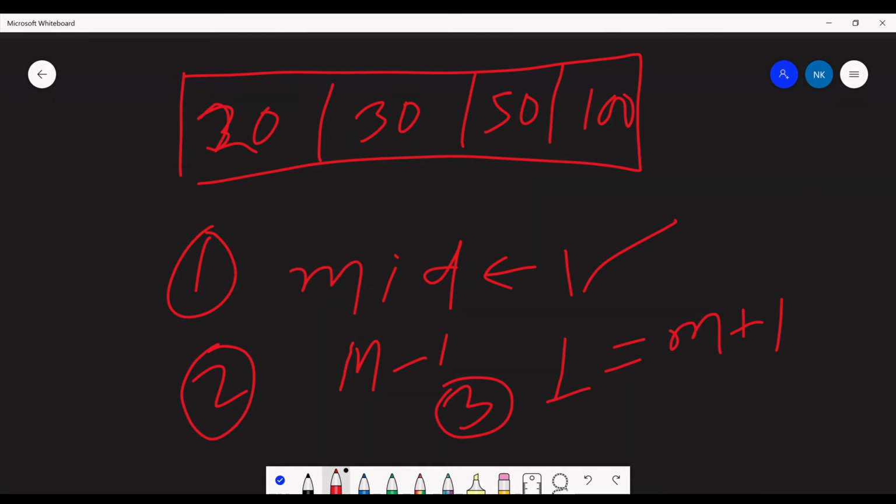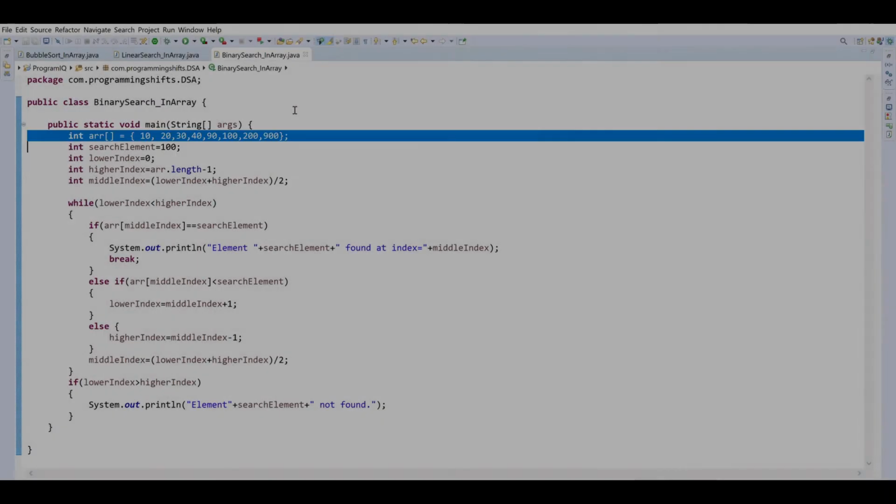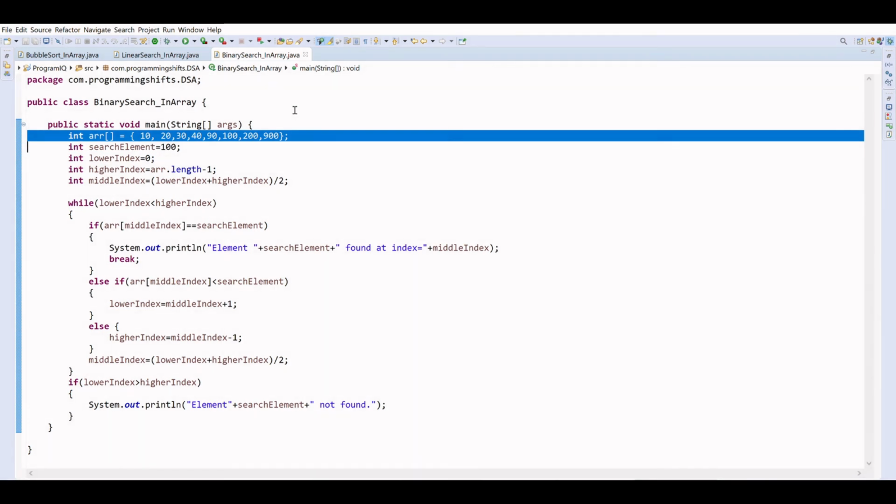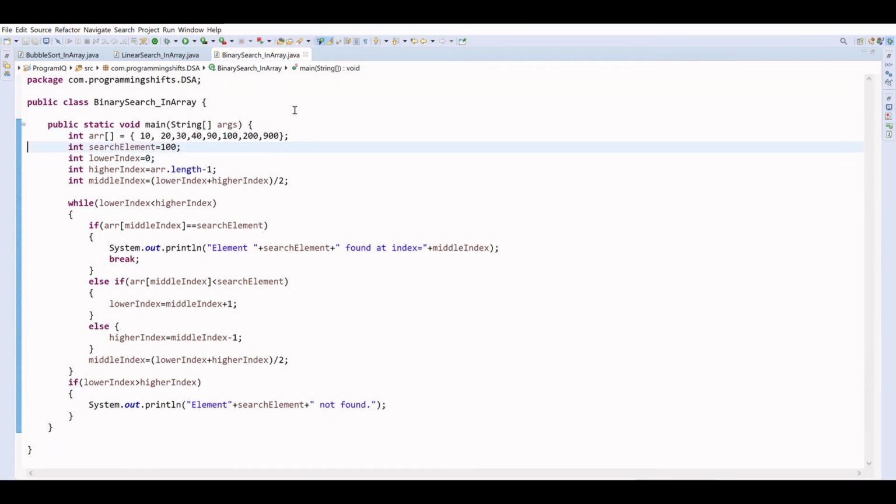Let's go to the code part and understand. I have created the array, and in it we are going to search for the element 100, which is at one of the indices of the array.